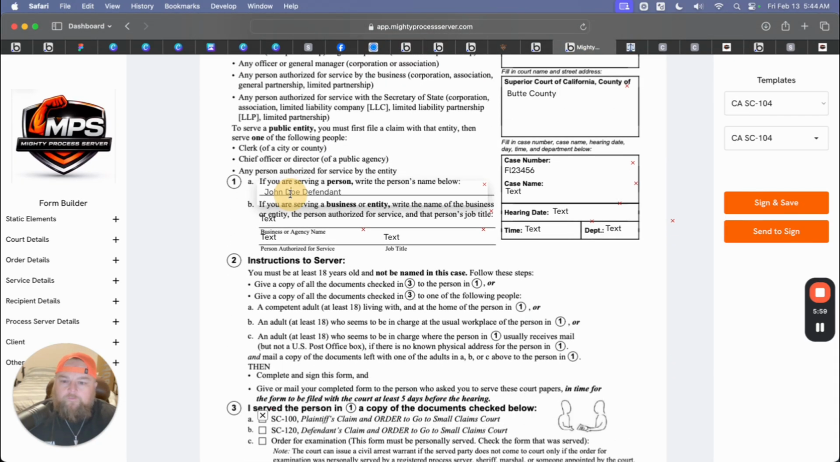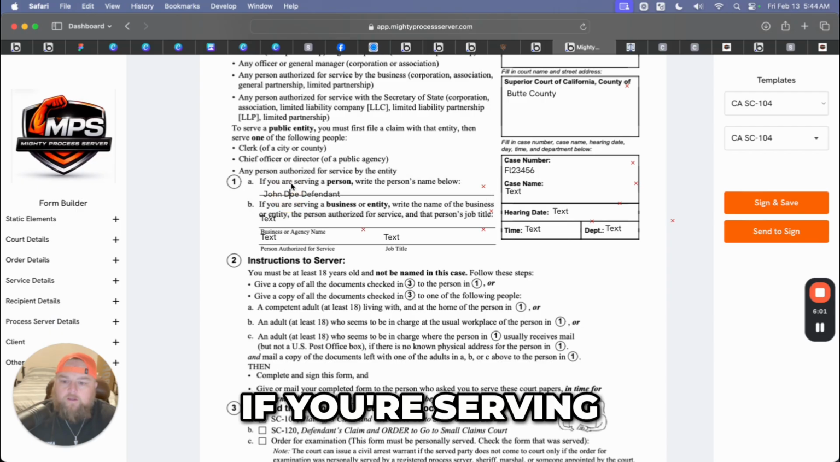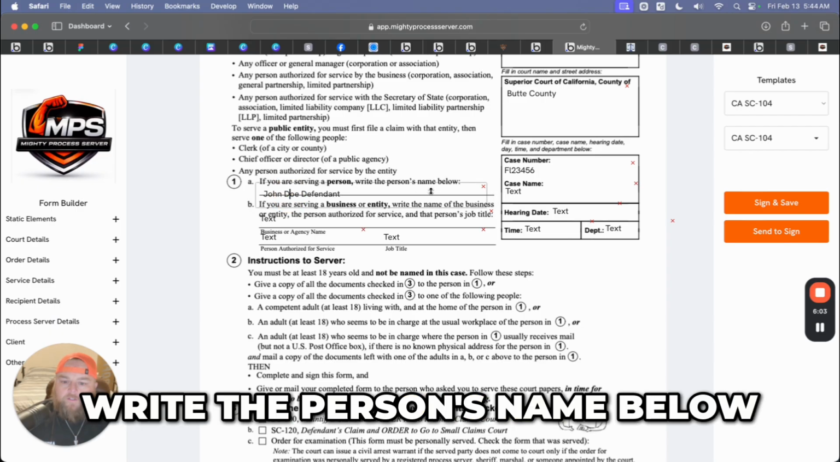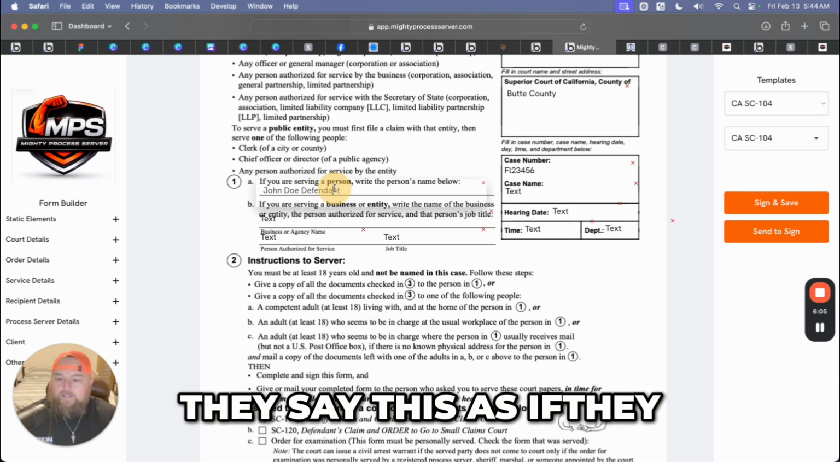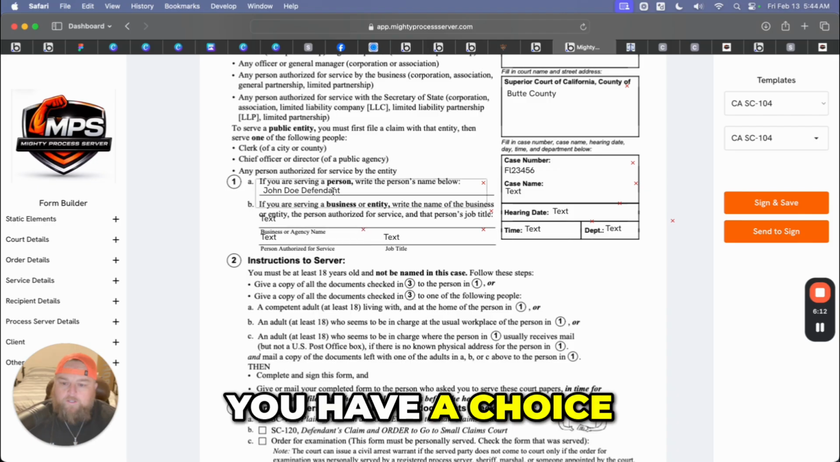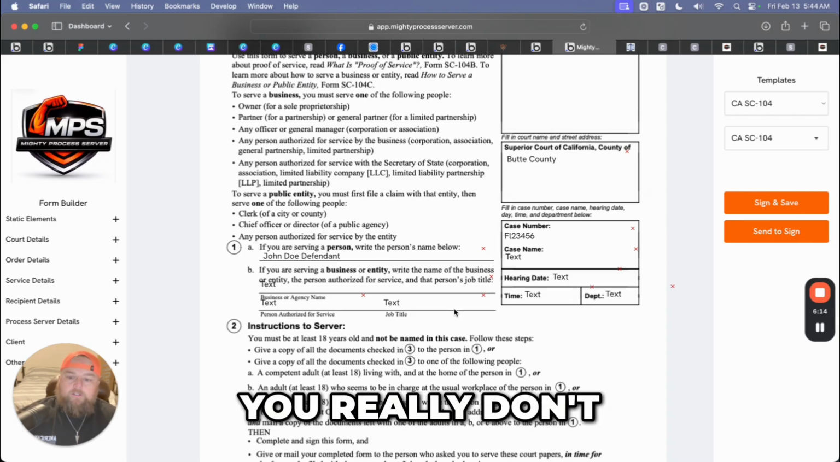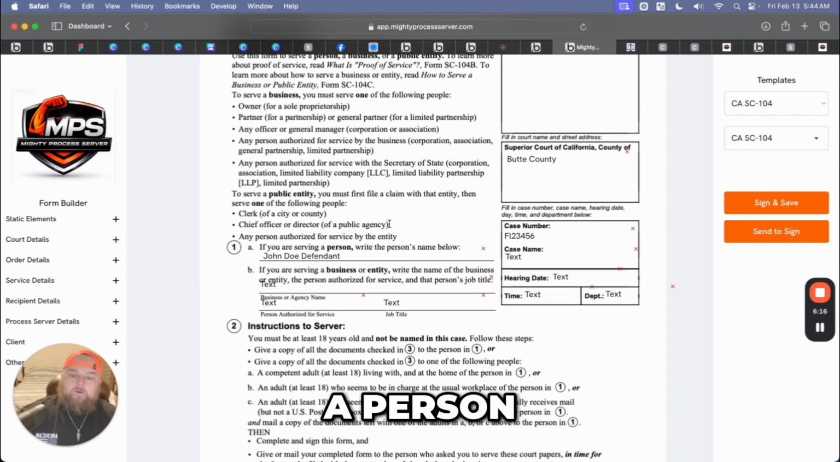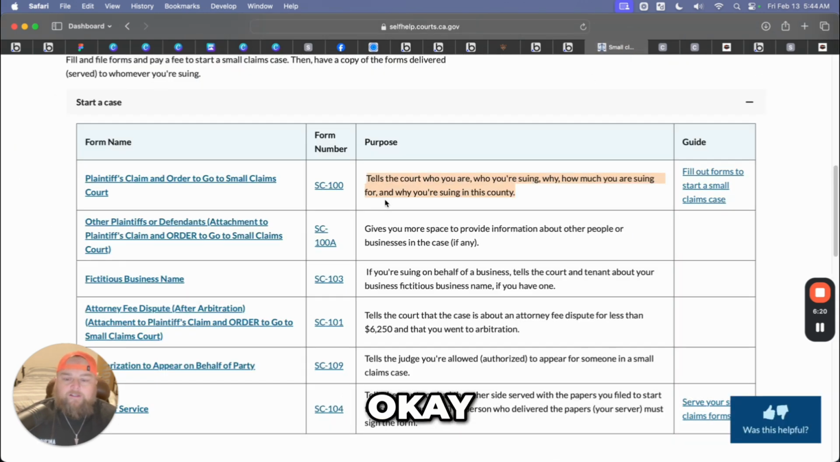It says, "If you're serving a person, write the person's name below." They phrase this as if you have a choice. You really don't. If you're serving a person, the person's name goes here. Well, duh, because, okay, let's go back to the